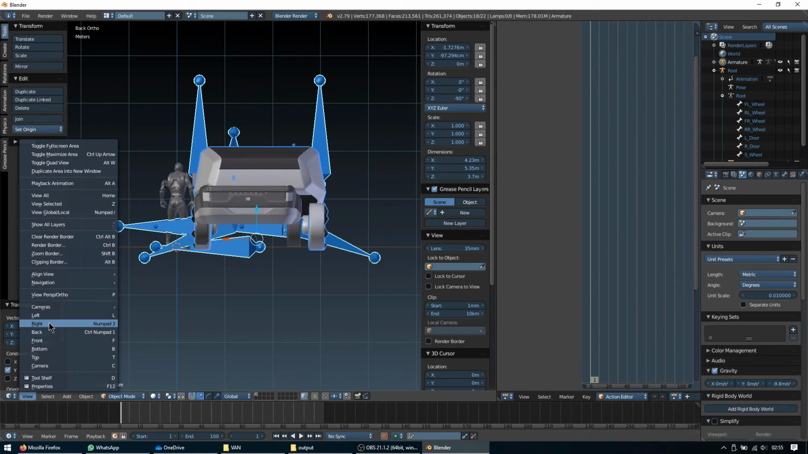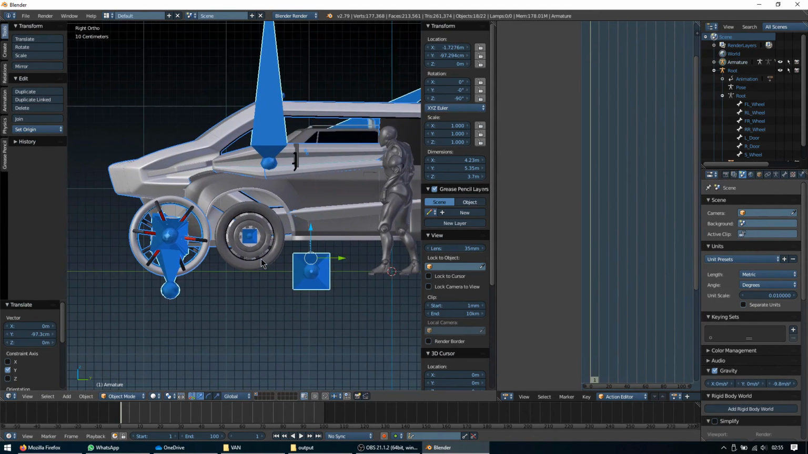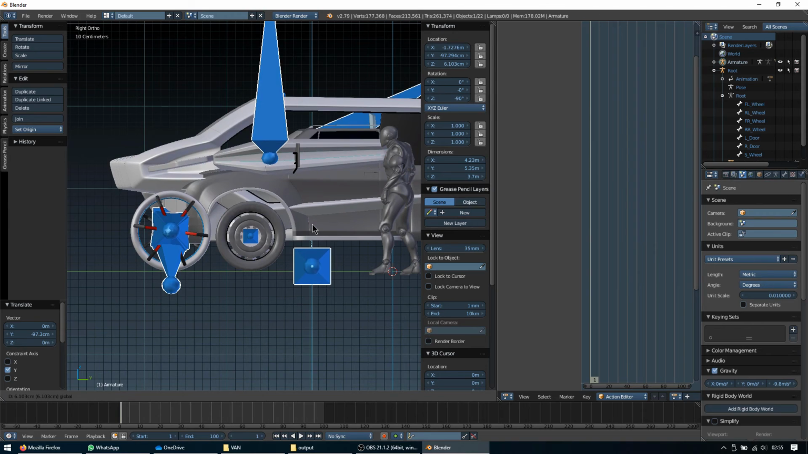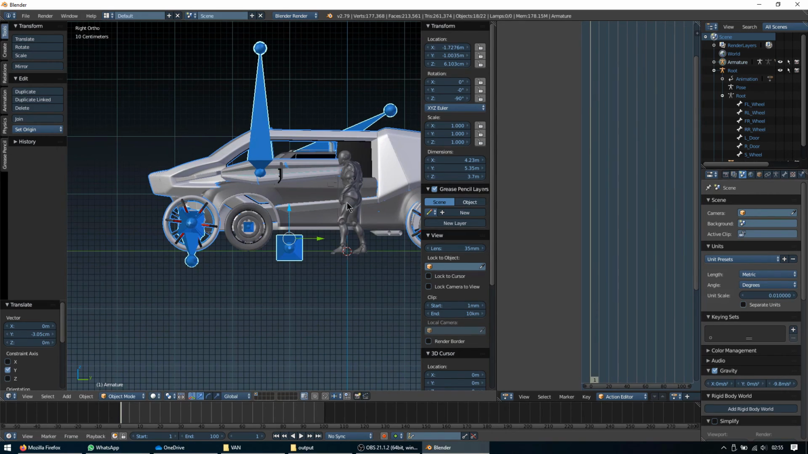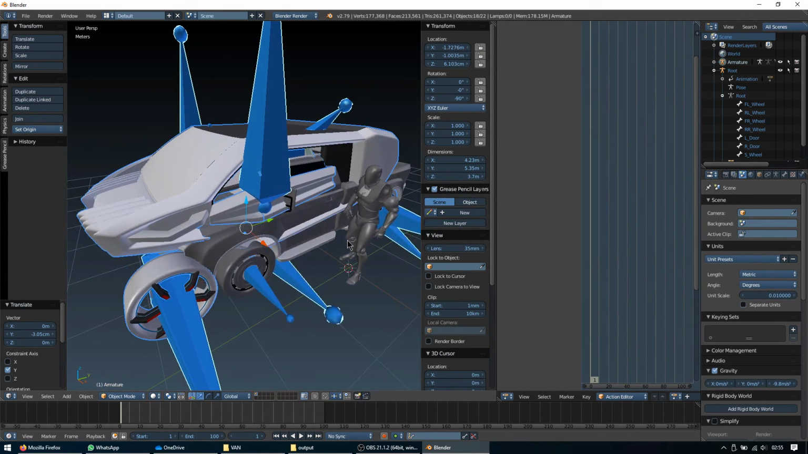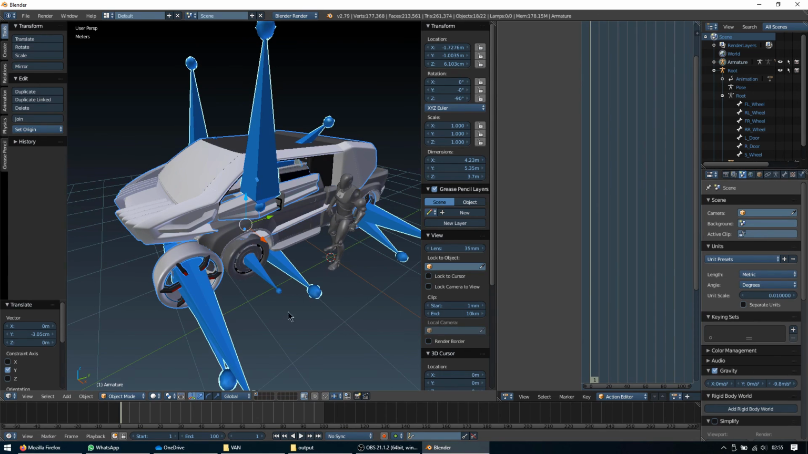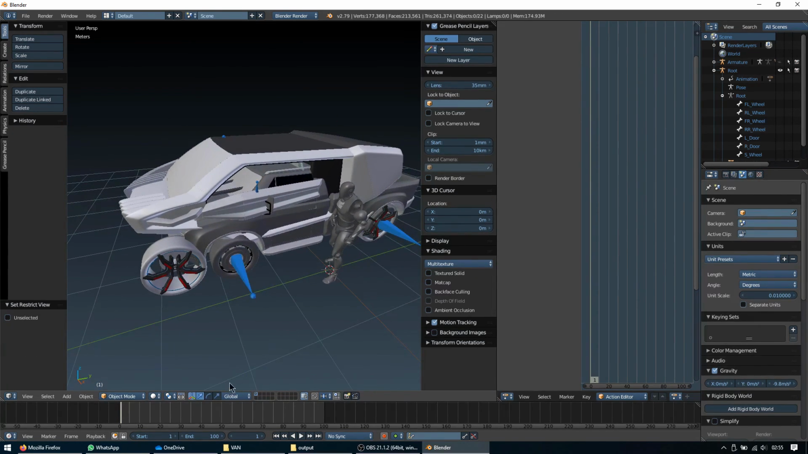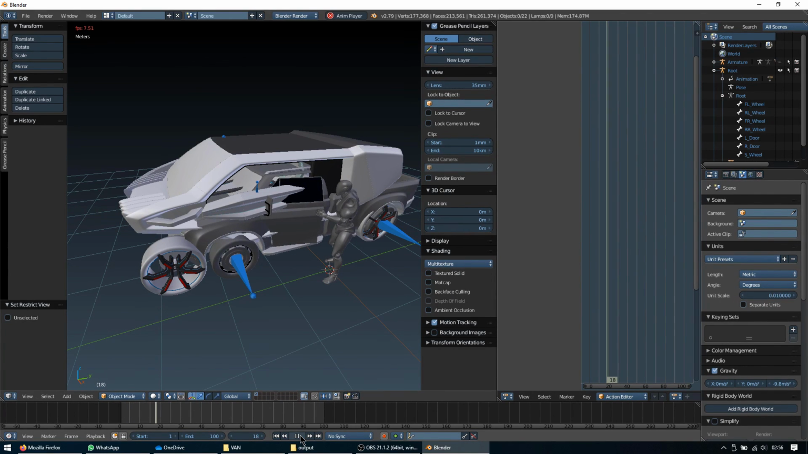In the side view, you can see the bottom of the vehicle, and here's a good position. Okay,